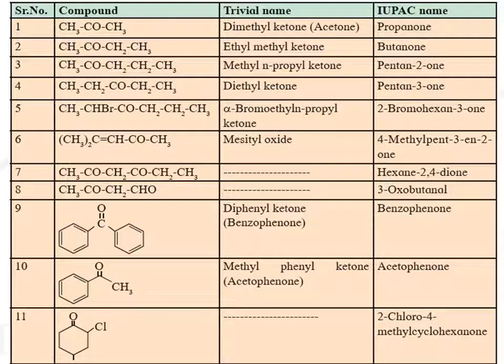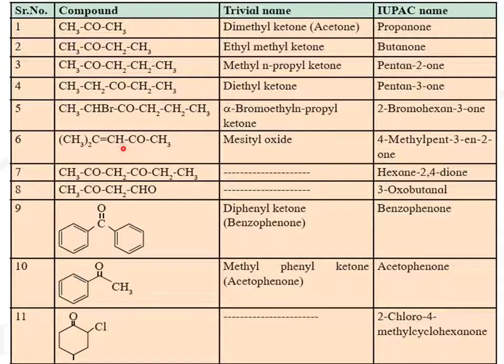The next compound has a trivial name, mesityl oxide, and for writing the IUPAC name of this compound, you have to select the longest hydrocarbon chain including the carbonyl carbon. So you have to select this chain, this 1, 2, 3. There are two methyl groups. One is considered as a substituent, and another one is a part of the parent chain. So we start the numbering from this end because this end is close to the carbonyl carbon. Hence the carbonyl carbon comes at the second position. At the third position, a double bond is coming, and also a methyl group is coming at this position.